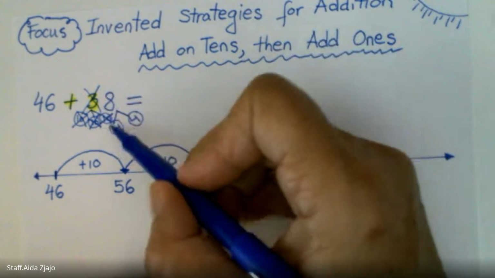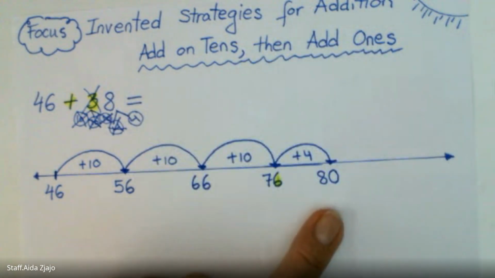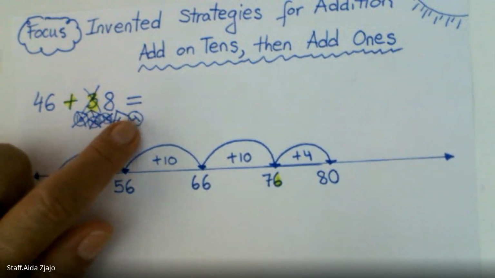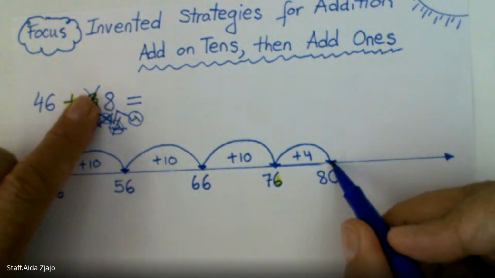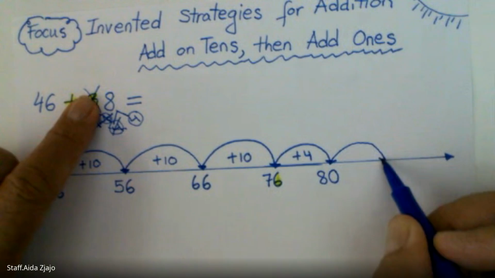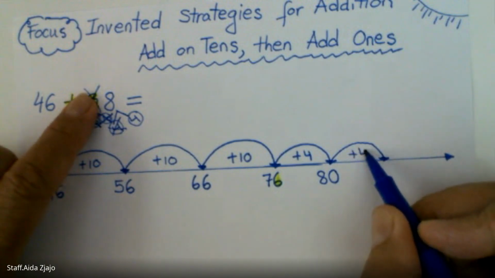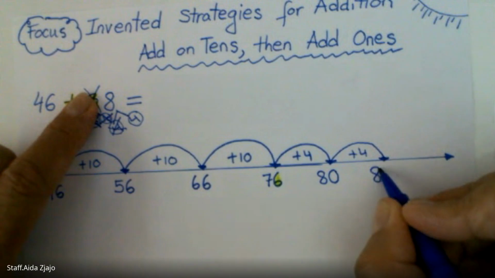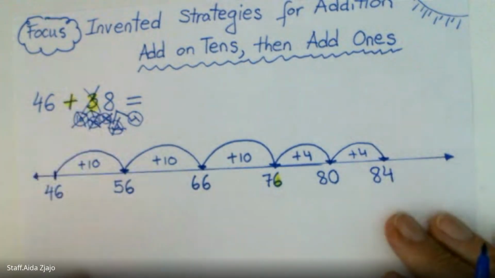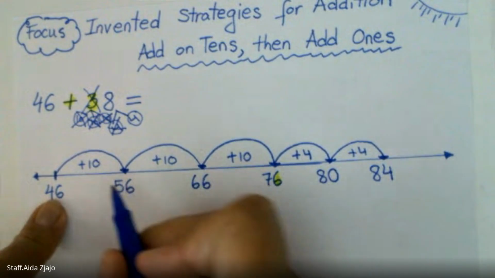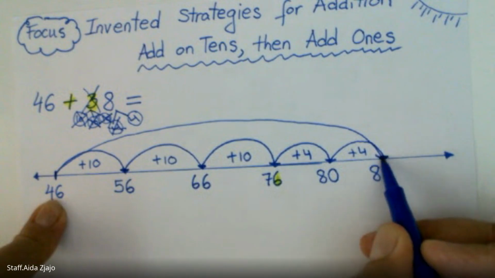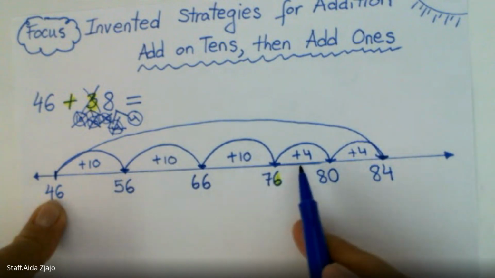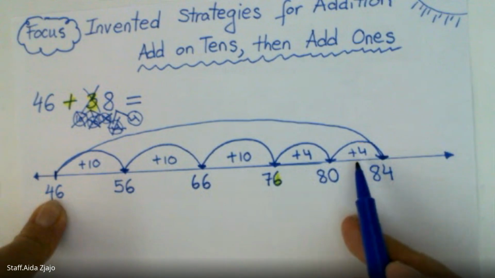And I added this first 4. All that is left is to add one more 4, which is 80 and 4 more, giving me 84. And I know now that 46 plus all this, which represents 10, 20, 30, 34, 38,